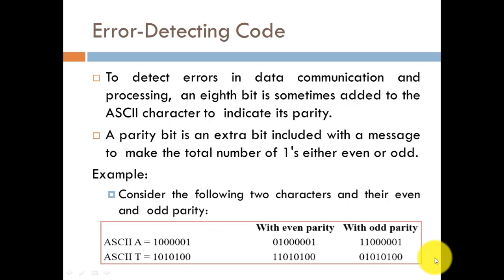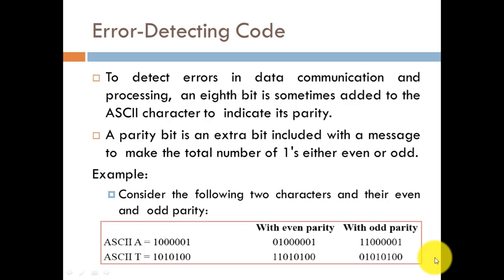Obviously if you have certain 7-bit codes and you count the number of ones, that would be either an even number of ones or an odd number of ones. If you simply add one extra bit, you can easily make the total number of ones even or odd. This is what we will understand with the help of even parity and odd parity. This concept will become clear with the help of certain examples.